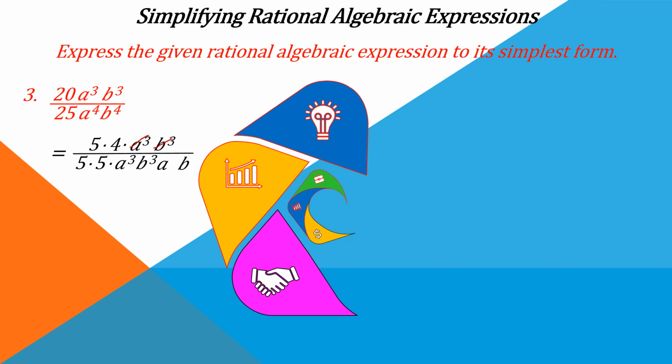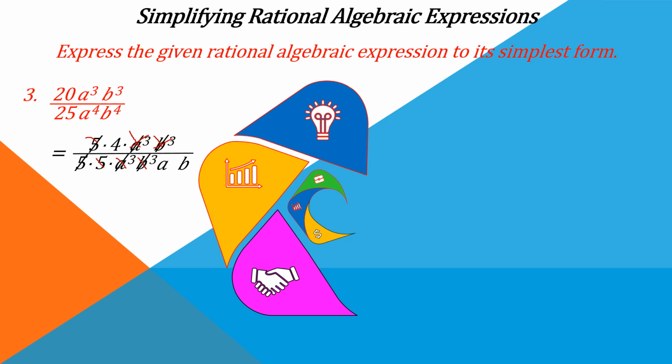This is what I am telling you. I did not factor a cubed and b cubed because there will be a cubed and b cubed also in the denominator. And we have also 5 and 5, so cancel the